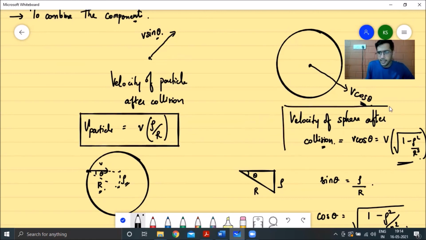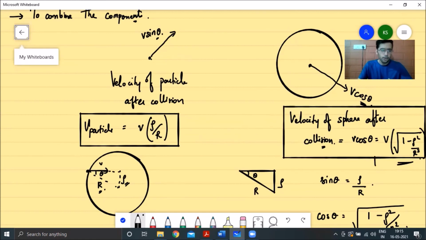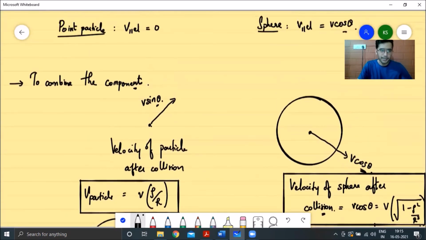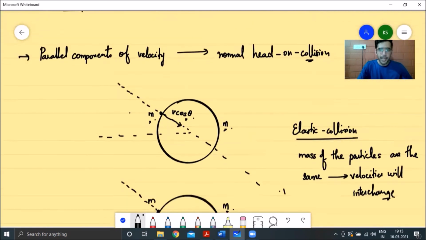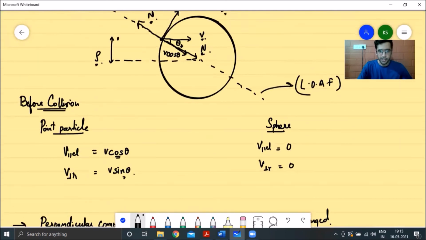So summarizing this again. What were the steps we had taken to solve this question? Generally, when you take up any question in collision, the first question you'll be trying to answer is, am I dealing with a head-on collision or am I dealing with an oblique collision? So how do you answer that question? Draw a free body diagram for how the situation looks during the collision, right?